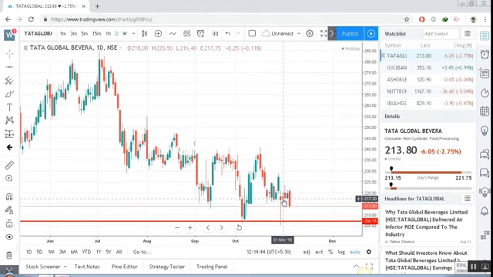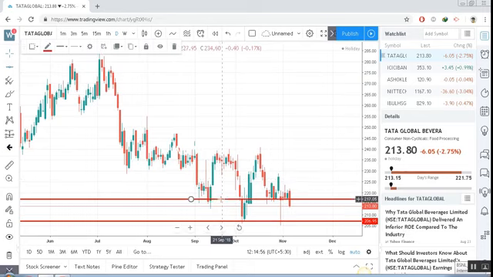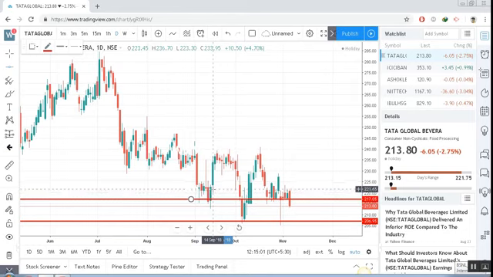This is one day, this is the next day, this is the next day. If the prices are in a range, it means that trading in this stock is a little bit risky. All you have to do is mark the highs and the low